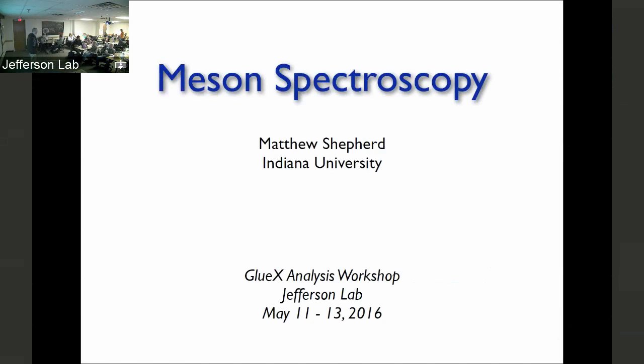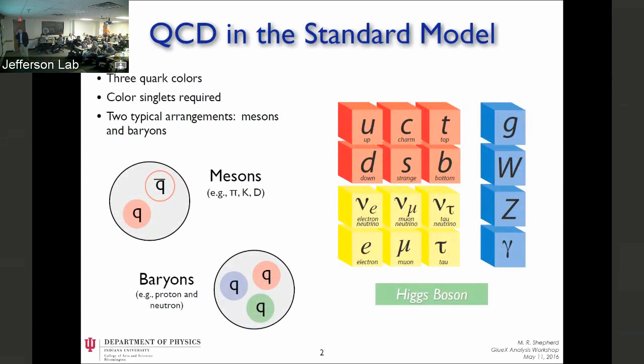So, Paul asked me to give an overview of meson spectroscopy, and that was kind of a tall order, so I hope this delivers a little bit. I thought it'd be good to start at the beginning, so talk a little bit about QCD and what we're trying to learn in meson spectroscopy. And it's really great that Joe is going to talk after me, so he can correct all the things that I misstate about QCD and what we're going to learn about meson spectroscopy.